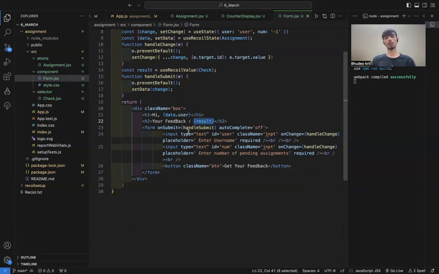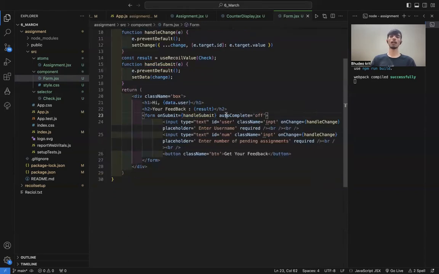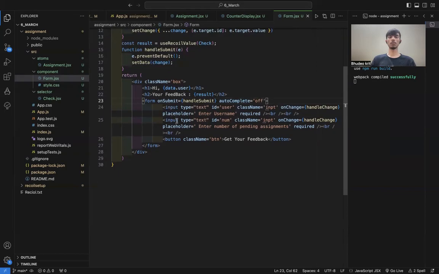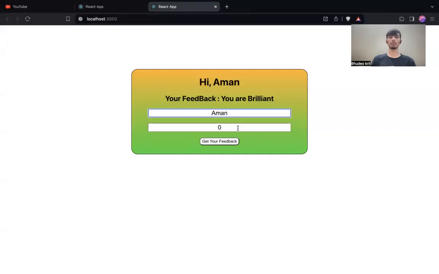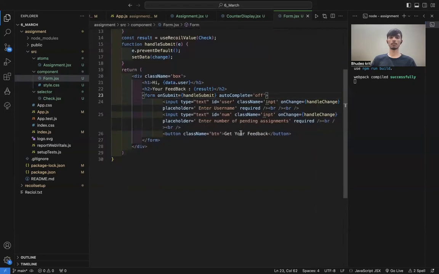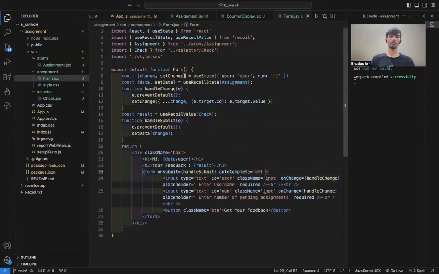After that, I have created a form, and on submit, this onSubmit function will run, and I have turned off the autocomplete function, and I have created two inputs here. First input is for the name of the user, and the second input is for the number of assignments pending. And I have set onChange on both of them, and if we change anything on them, this handleChange function will trigger. And in this